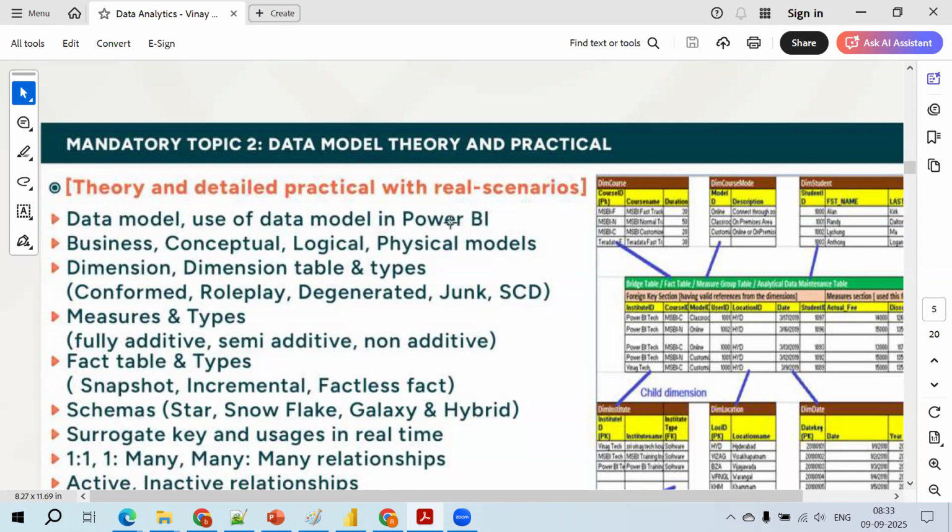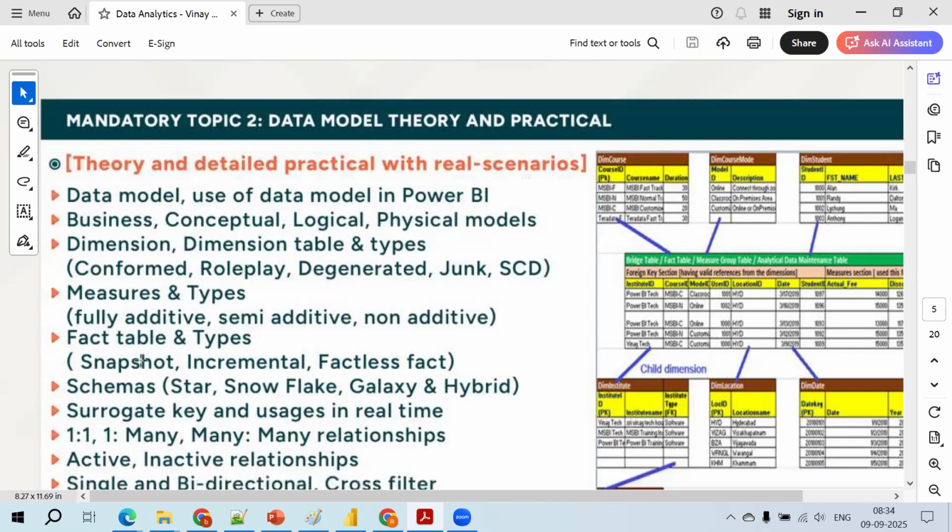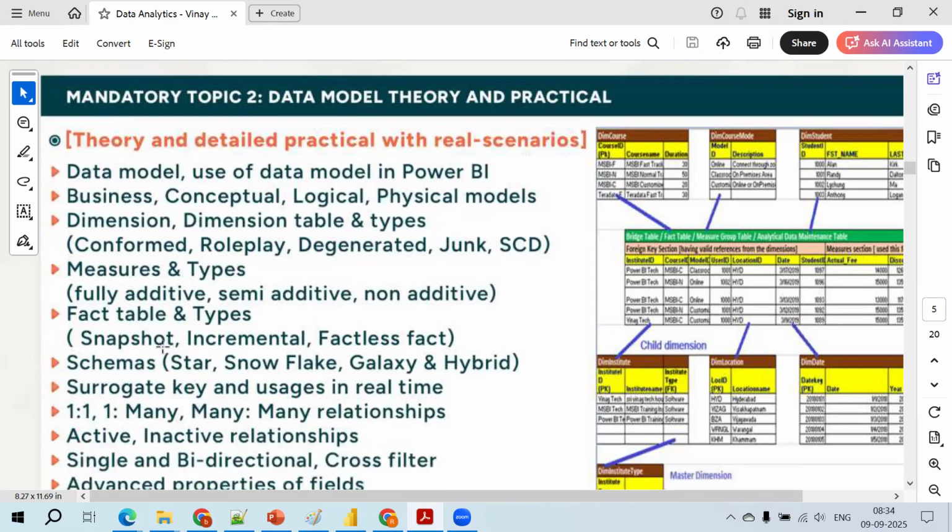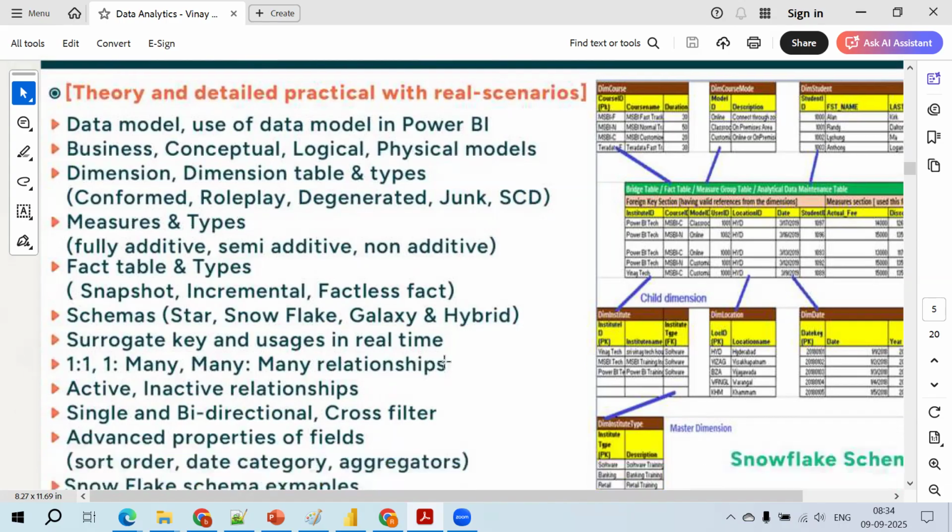Data modeling concepts: business layer, conceptual layer, logical and physical models, dimension tables and types of dimensions, then fact tables, types of fact tables, schemas, star schema, snowflake schema, galaxy or hybrid, and then surrogate key. We have a slight difference between a primary key and a surrogate key.